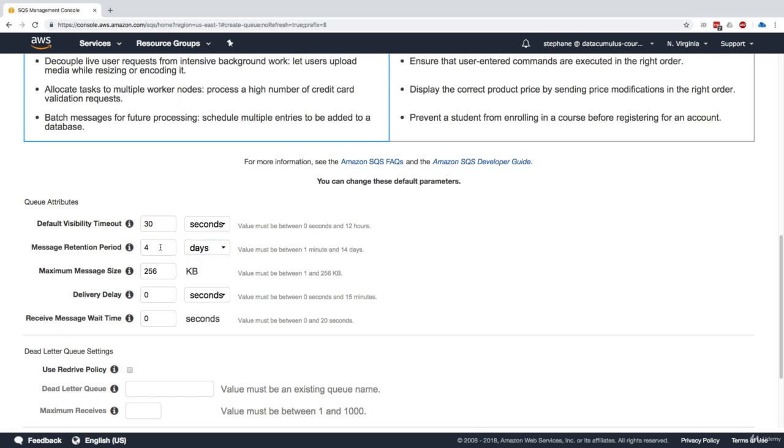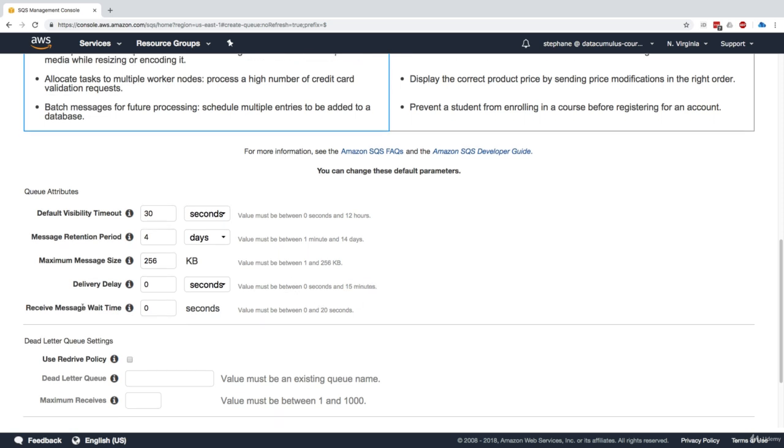This is how long the message should live in my queue before being deleted on its own. The max message size, 256 kilobytes is fine, but you can decrease it if you wanted to. The delivery delay is how long the messages should wait before being visible by consumers. By default it is 0 seconds, so that means as soon as we send a message to the queue, it's going to be visible, but you can delay your messages up to 15 minutes.